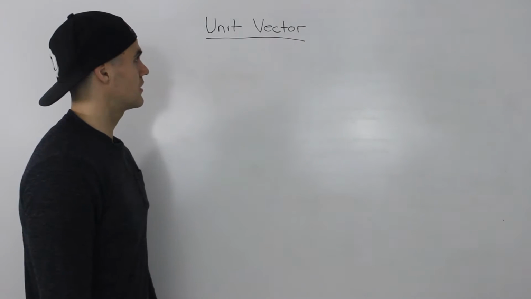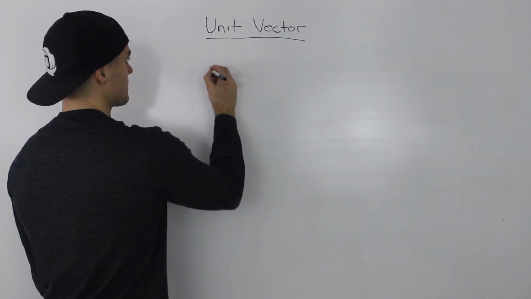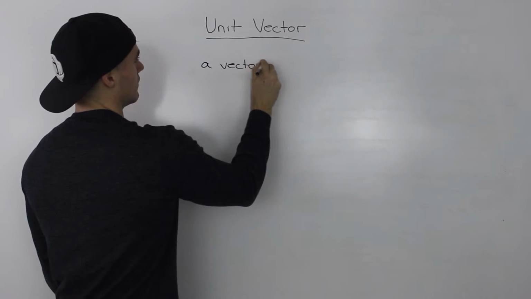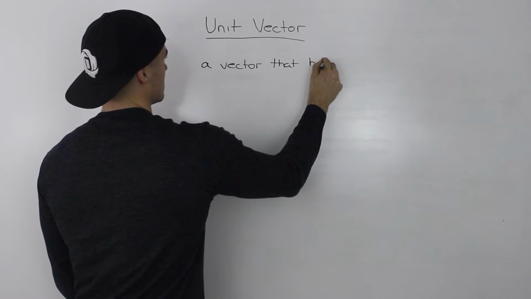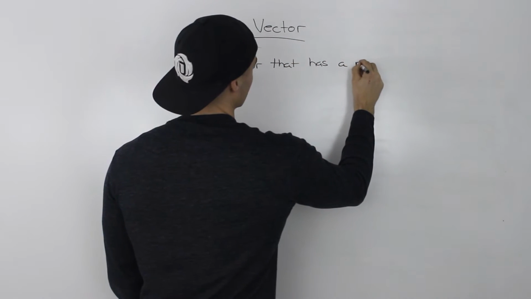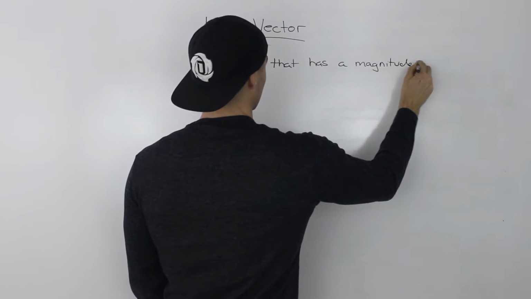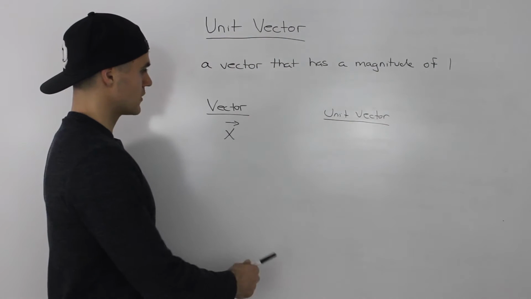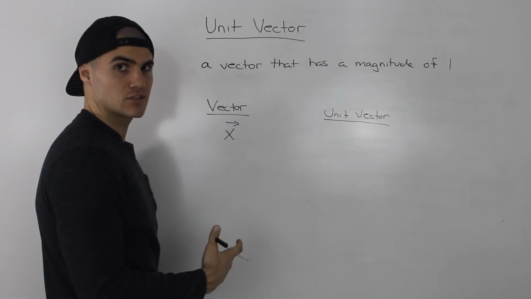Now let's discuss the concept of a unit vector. Now unit vectors are very simple. It's basically a vector that has a magnitude of 1. So, for example, let's say that we have this general vector x here that has a magnitude that's